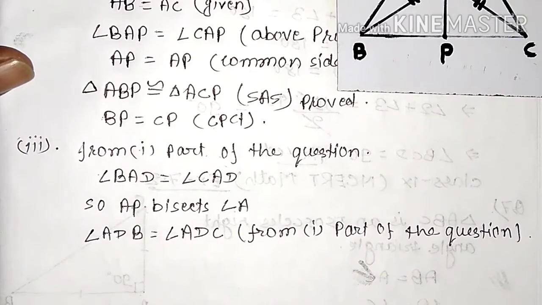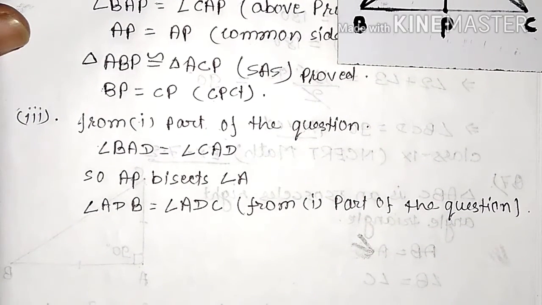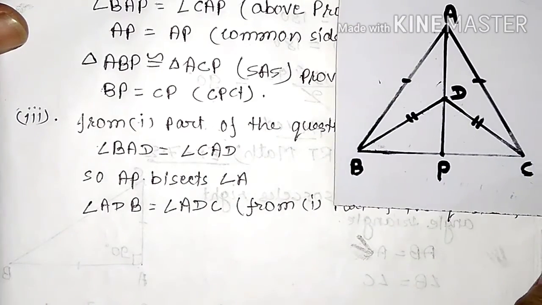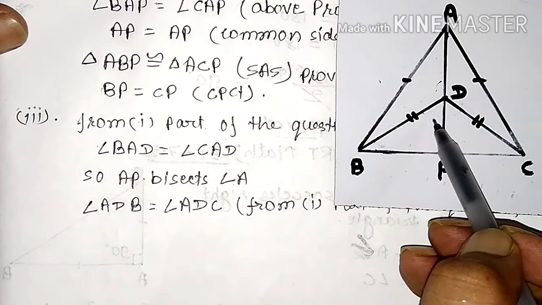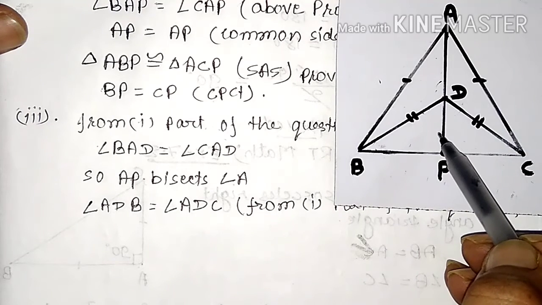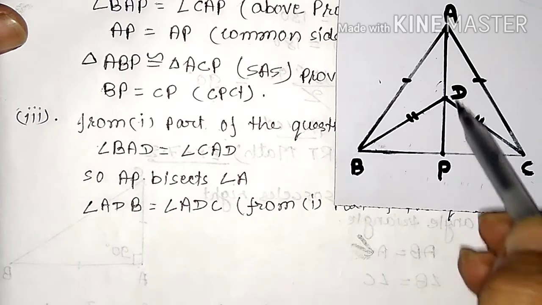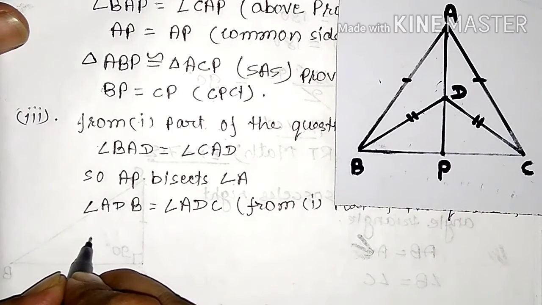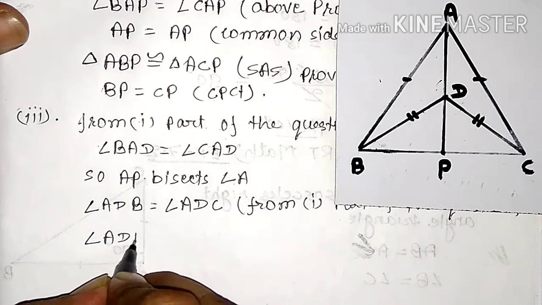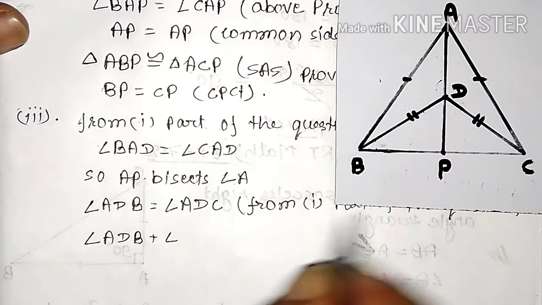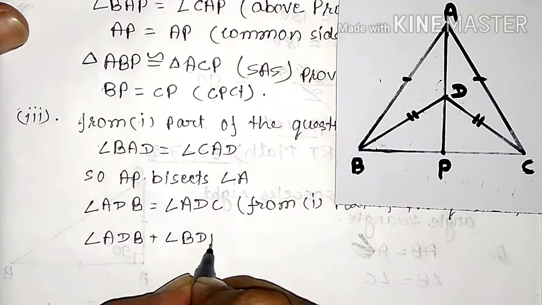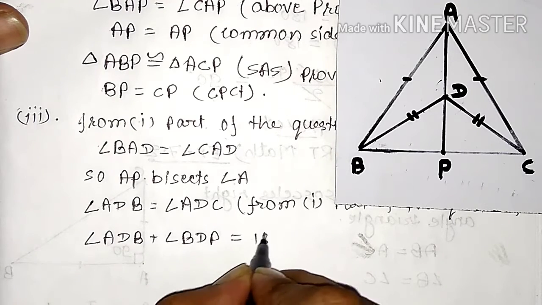From the first part of the question, we can say that the sum of this angle plus this angle is equal to 180 degrees, because the two angles are on the same straight line. एक स्ट्रेट लाइन पे कितने डिग्री का एंगल बनता है? 180 डिग्री. So we can say here angle ADB plus angle BDP is equal to 180 degrees,